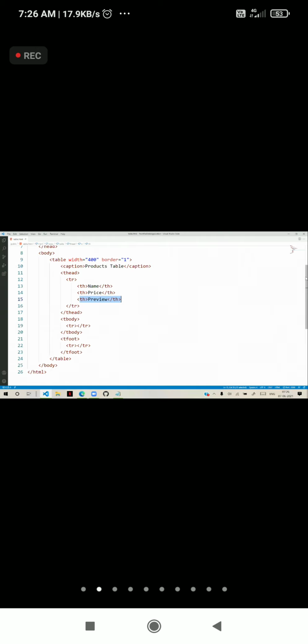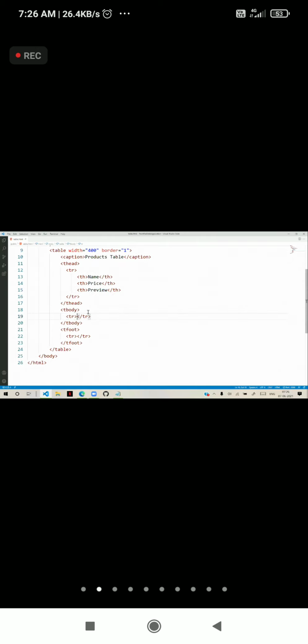Now in the body, I have one row. In that row, I want to display ordinary cells. To display an ordinary cell, we have to use TD. Here also I can use TH, but I will use TD. And here I am defining some JBL speaker. That is the cell to display under this first column. Second, the price.